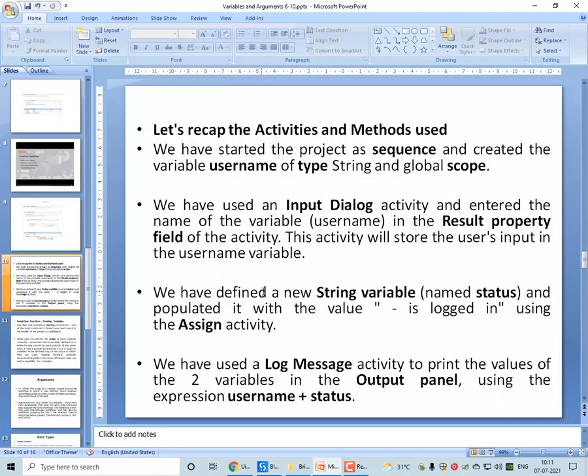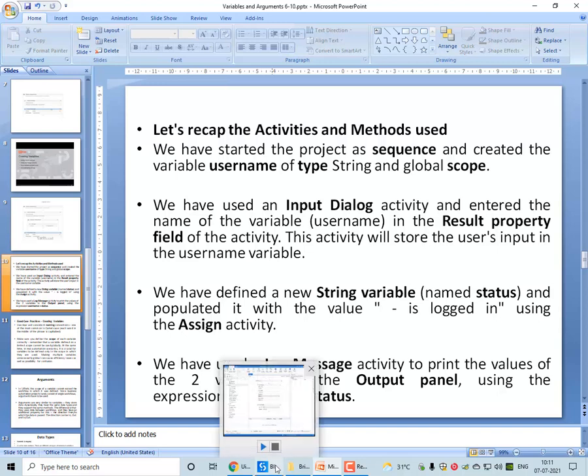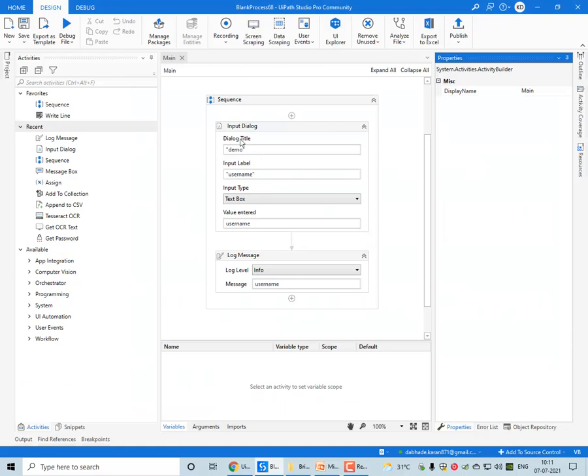So let us recap what we have done. We started a sequence. Here we have taken an activity from the activities panel on the left side, the input dialog. In that, the first part is for the title, the second is for the message displayed to the user.